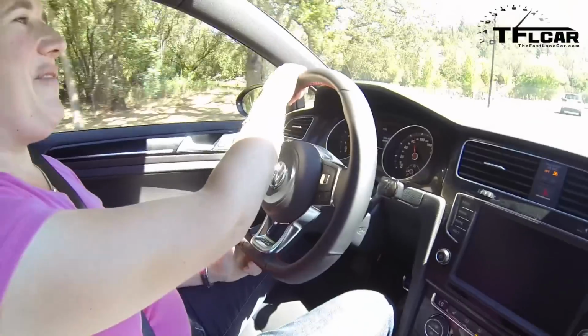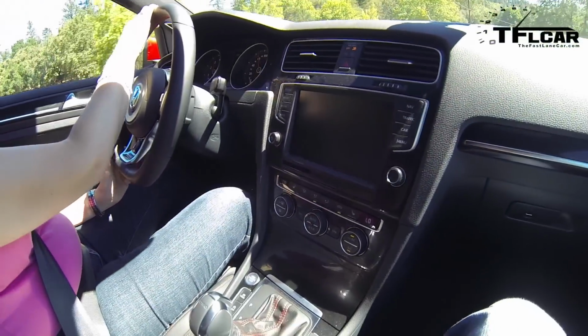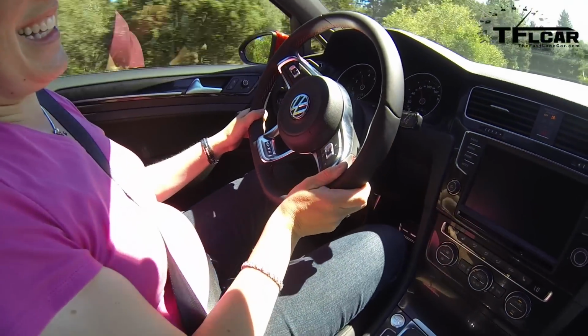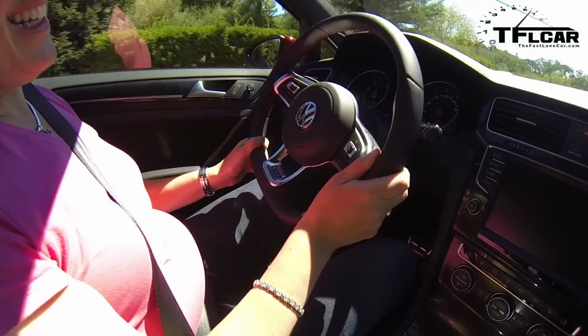But you know what? I didn't get an interior shot, so let me take the camera off. And here's the interior. Volkswagen is very proud of it. They have a 7-inch screen, which is huge. Check that out. And of course, you've got that flat bottom GTI steering wheel with all the multi-controls right on